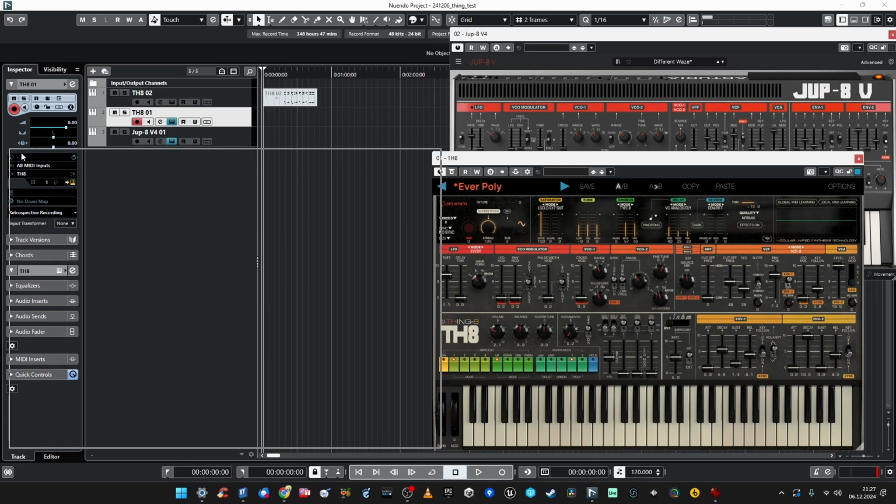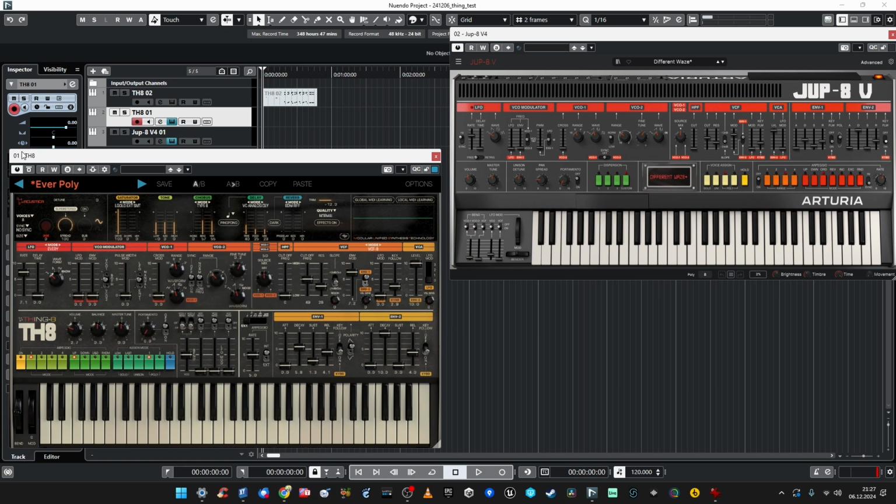Guys, might be that Arturia is closer to the original, that maybe Acustica Audio is too wow. But frankly, I don't care. Acustica TH8 sounds massive, sounds crazy good and attractive. And it's gonna make my music sound simply better, and I already know it. It's not the effects, it's just the filter, the oscillator. The volume for both is the same, but there's such power, there's such an immediate